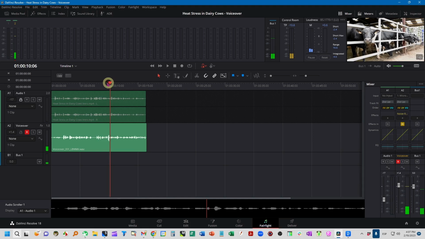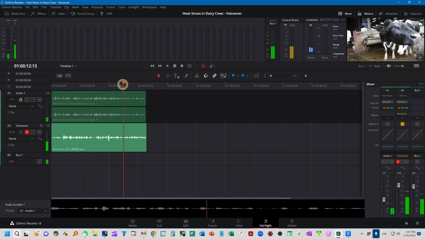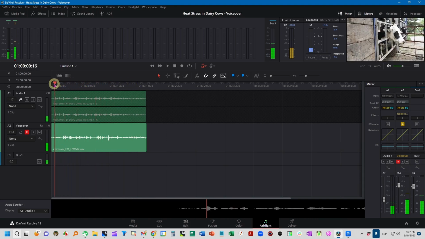This is the playhead here, and you move the playhead, click and drag it to go to different places in your video. I'm going to put it at the very beginning because I want to explain something else. Here in DaVinci Resolve, you can also edit your voiceover track. So you remove the beginning, that part where you are not speaking yet, and you can then move this over to the left so that the sound in your voiceover will be aligned with the sound in the original audio